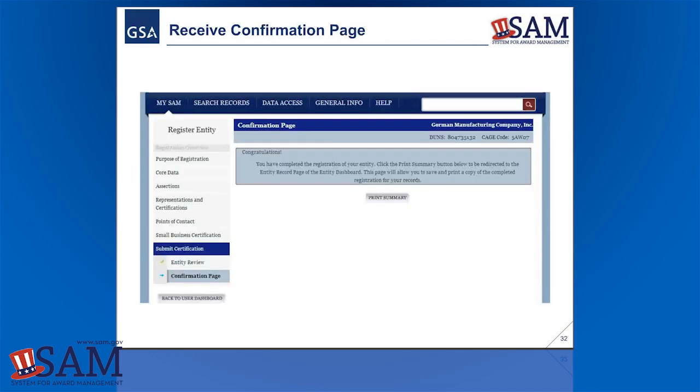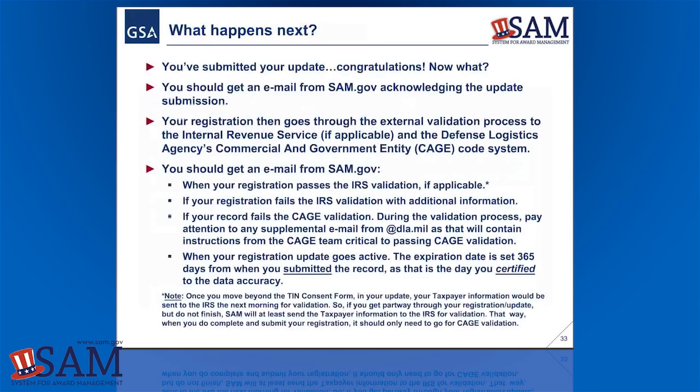We walk through updating your record. We would get the confirmation page. And again, you're looking at your name at the top, your DUNS number, your CAGE code, everything's good there. Now what happens? All right, you've submitted your update, you're feeling great, you're done with this whole registration update process,